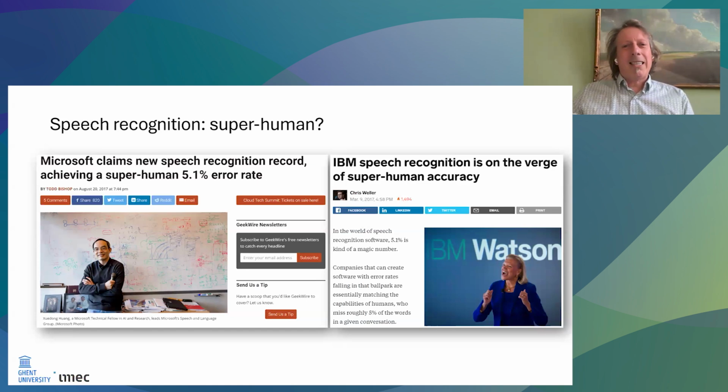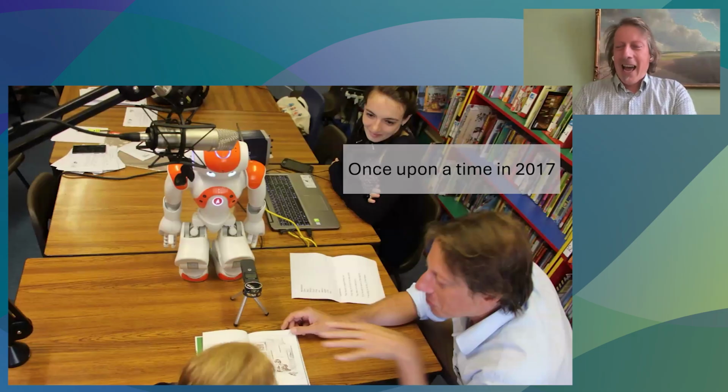But we find that that really isn't the case for everyone. A few years ago, well, almost 10 years ago, we tried to build robots that would interact with children, and we kind of thought that this would be an easy thing to do. Our children spoke English. Yeah, English is kind of the best performing language in speech recognition. But when we tried it in British primary schools, we realized that actually speech recognition wasn't good at all.